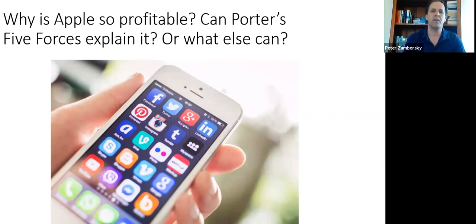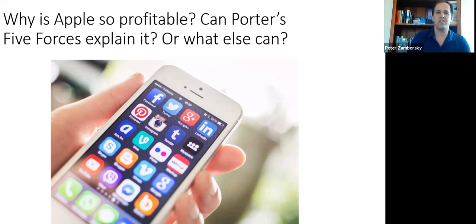So if we think about, say, the smartphone industry and companies such as Apple, that is actually one of the few winners in this industry. Apple accounts for a vast majority of profits in the smartphones industry. Even companies such as Samsung or Huawei are actually having really hard time to make a good profit on the smartphones.